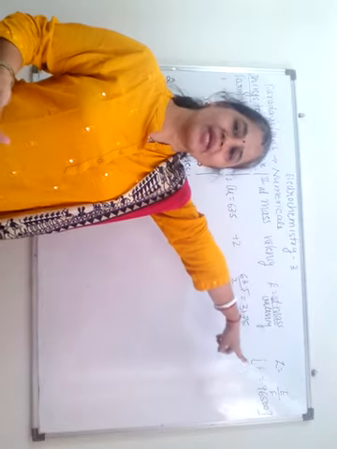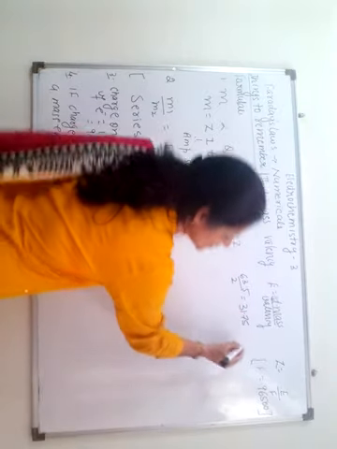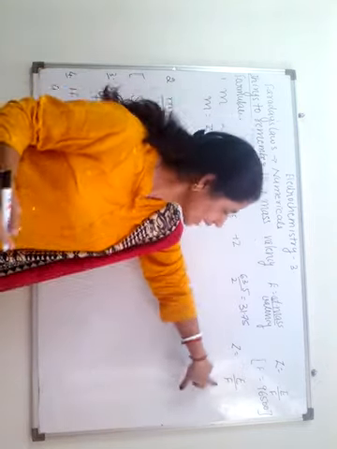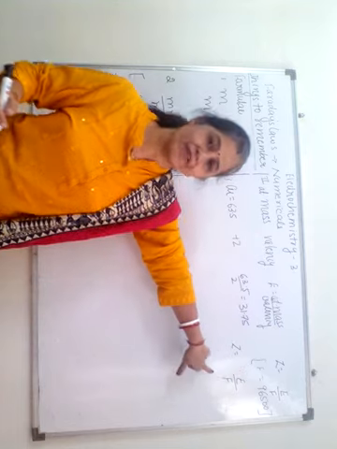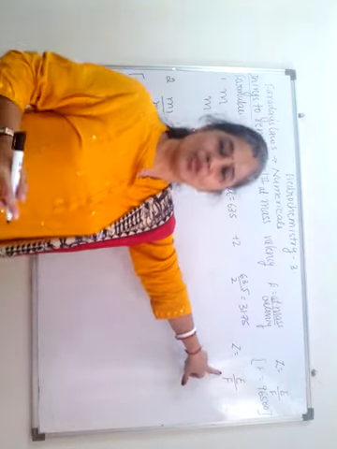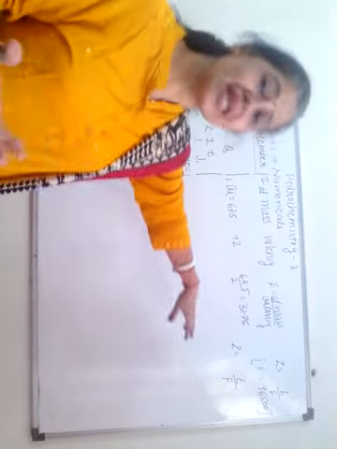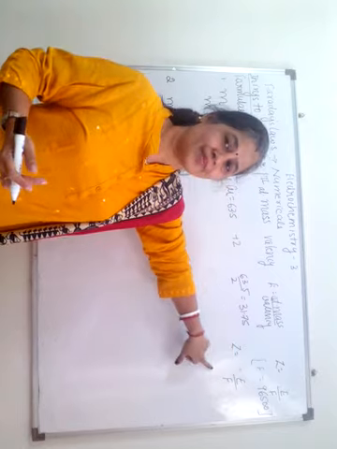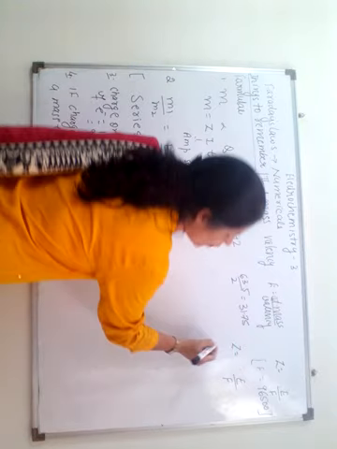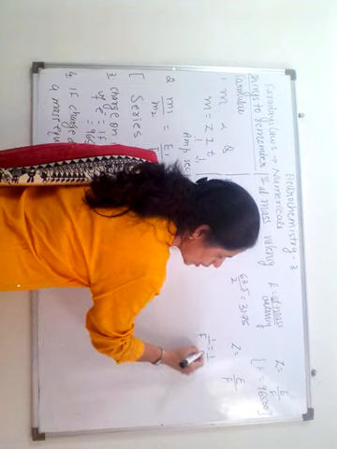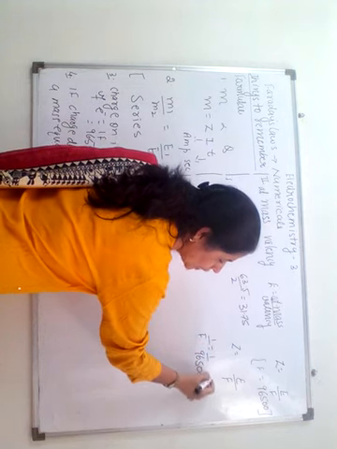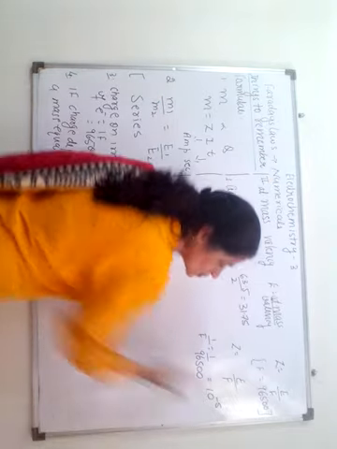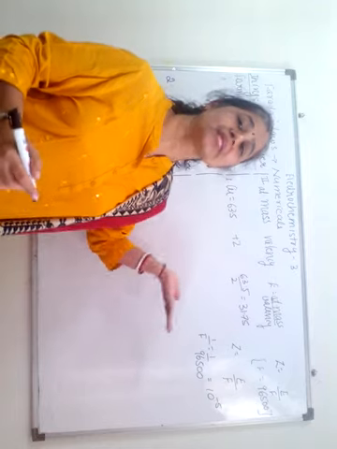Now if Z is to be calculated, Z is E upon F. Now every time dividing a different number by F, which is a constant 96500, will make your calculation a little tedious. We can make it easier. If I calculate the value of just 1 upon F, children, 1 upon F is 1 upon 96500, and this is approximately 10 to the power minus 5. So we can always take it as 10 to the power minus 5.